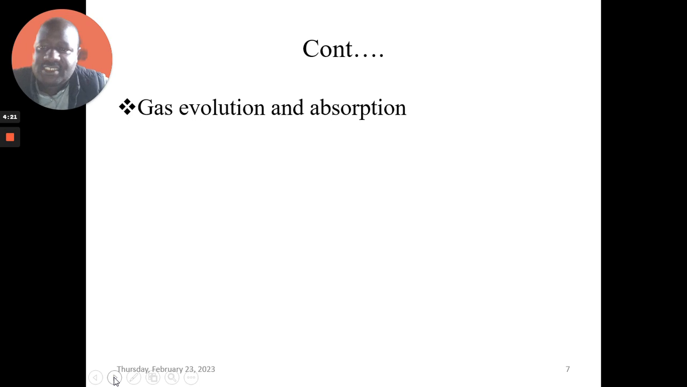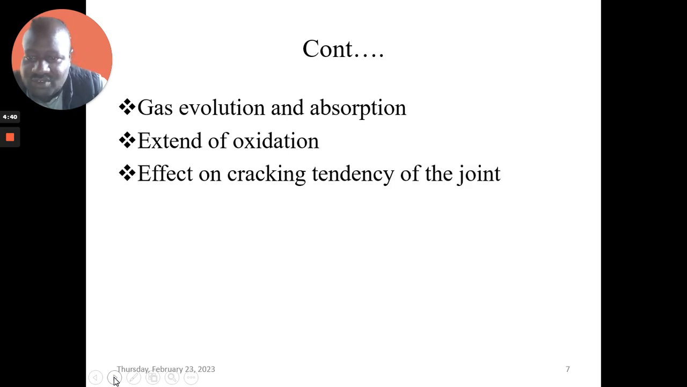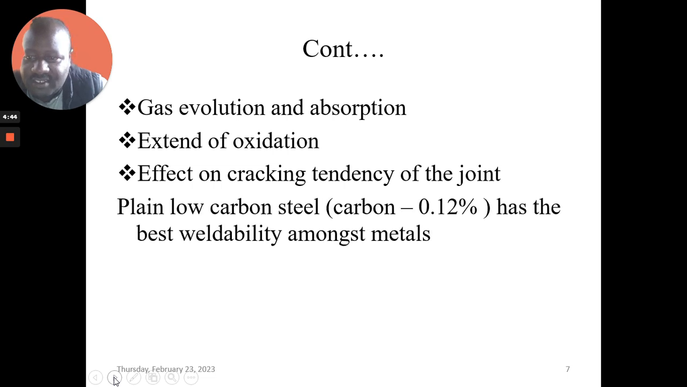The gas evolution and absorption, the extent of oxidation. The extent of oxidation is when you weld, the oxygen level surrounding the welded metal experiences oxidation. The effects on cracking tendency of the joint, the plain low carbon steel, that is